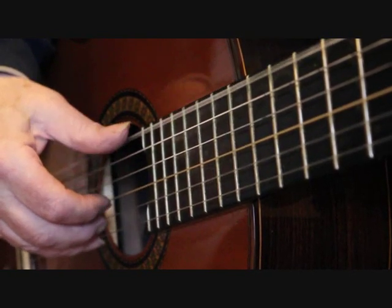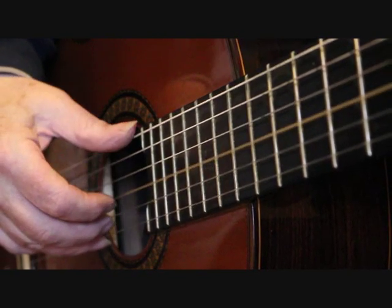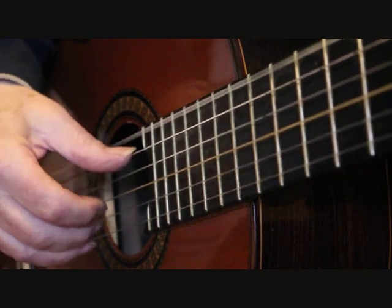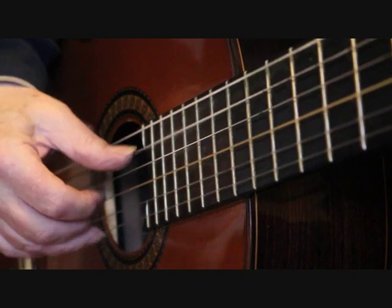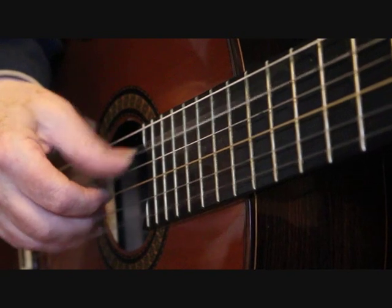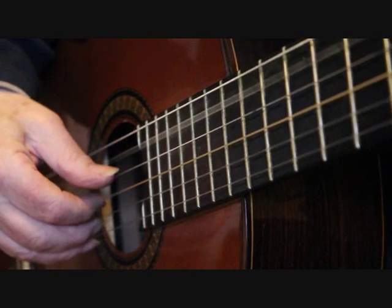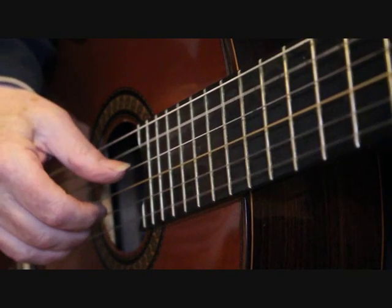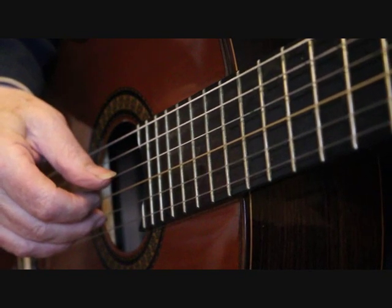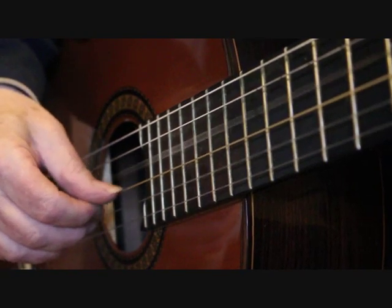Then it starts again, so the same as before, all the same as before. And again, three fingers, thumb comes into action, I play index finger, then change chord, so it's middle finger, thumb, index. So we're going